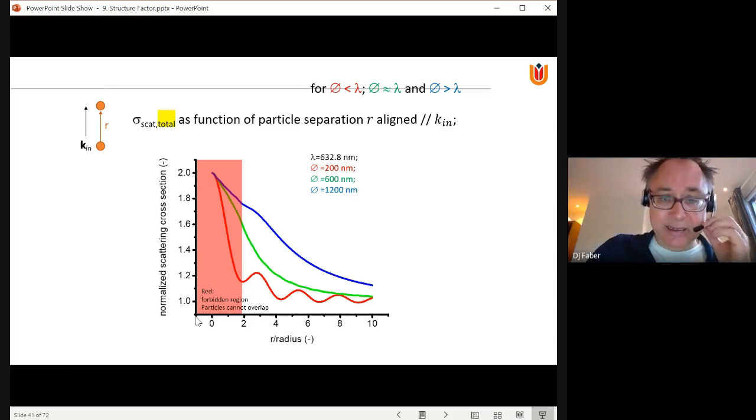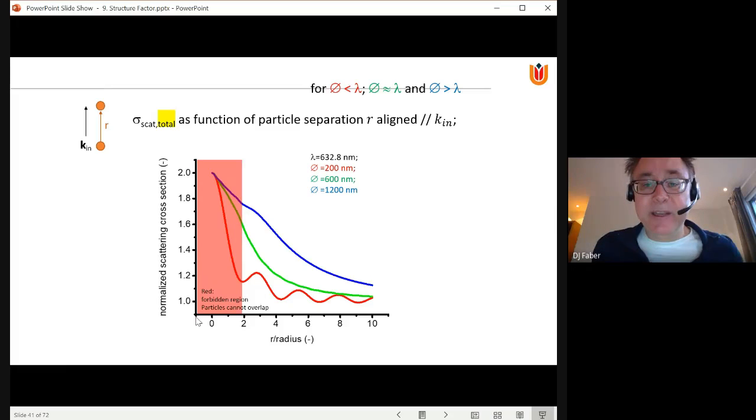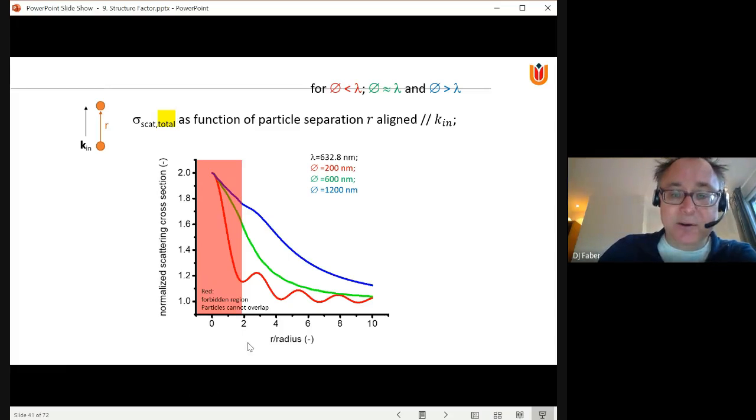Okay, then this is a calculation at 632.8 nanometer, that is a red helium neon laser, for particle diameters of 200 nanometers, so much smaller than the wavelength, 600, almost equal to the wavelength, and then 1200 nanometers, which is much larger than the wavelength. And you can see some different effects. If you go along the horizontal axis, start just outside the forbidden region, there you have the situation where the particles are touching, and then as we move along the horizontal axis, the distance between the particles